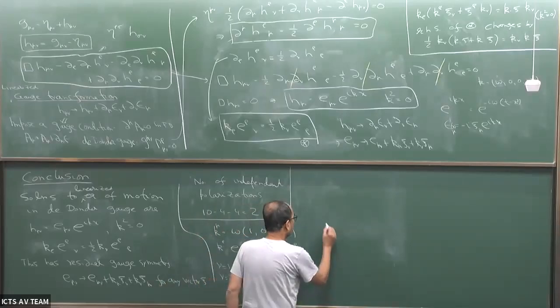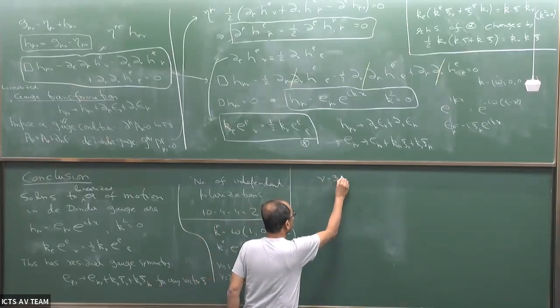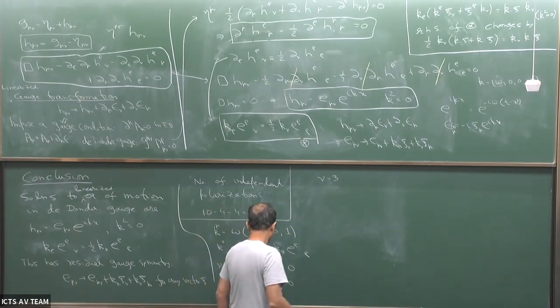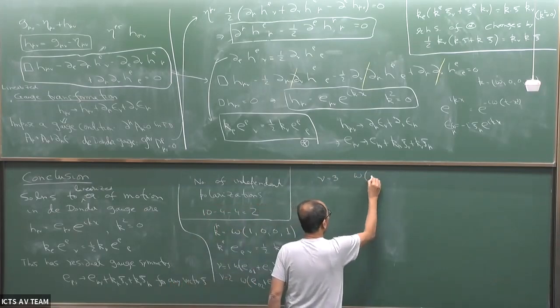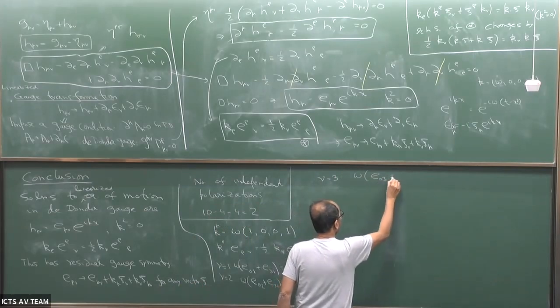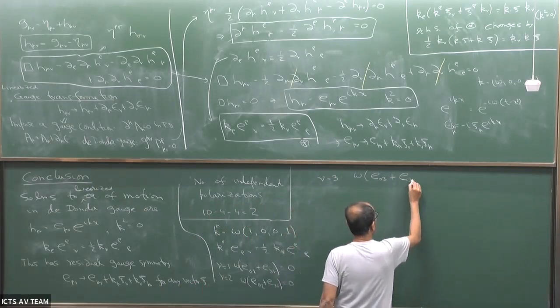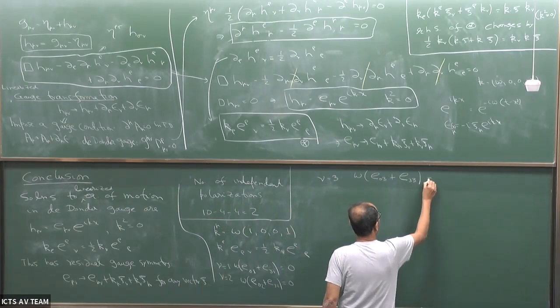For nu equal to 3, we get omega times E03 plus E33 equal to